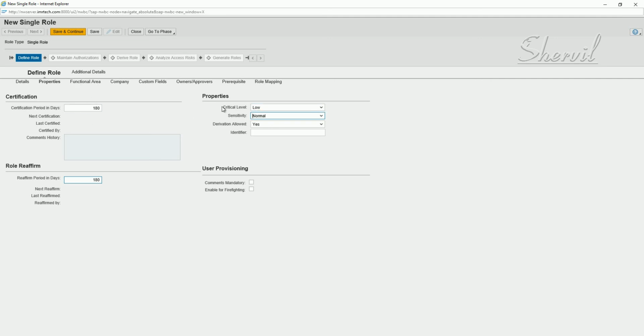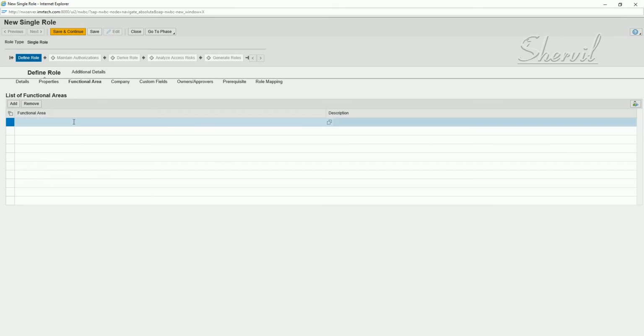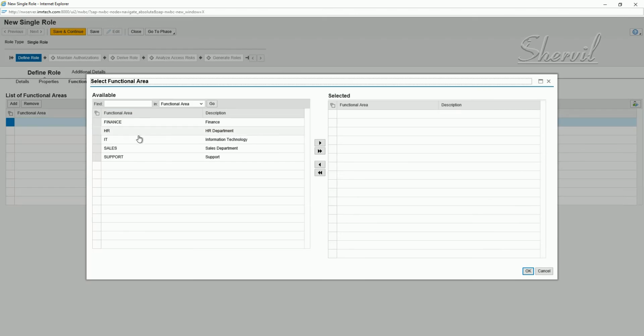When I say all attributes, I mean critical level, sensitivity, and some of these ones. Functional area also. Depending on the functional area, you can send the approvals to different people. We didn't have materials management, so let's take sales, okay, for change.